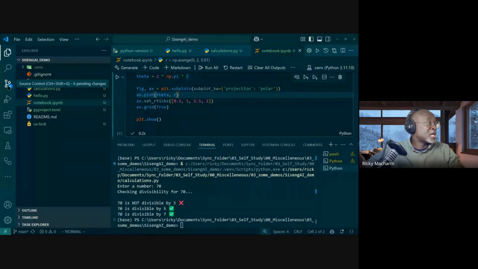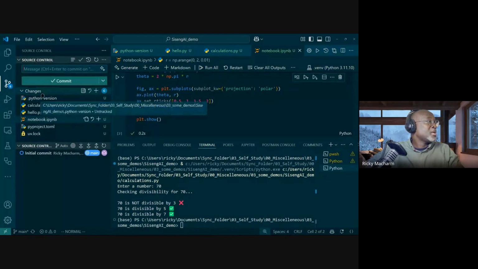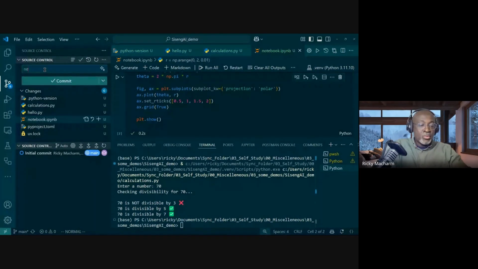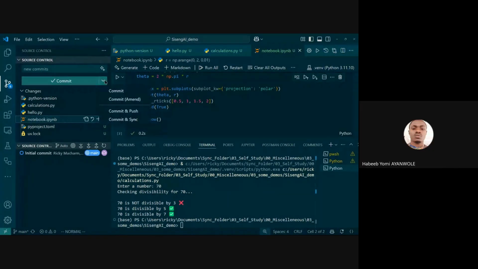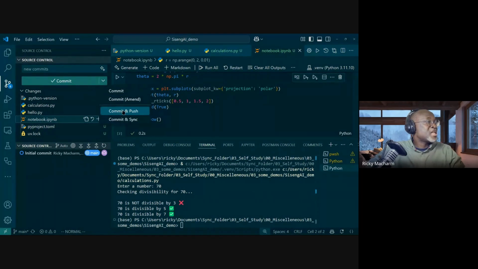So I want to do that. So I'll come here. The changes are here. I will commit. I can call it whatever I want, just to track a new commit. If I want, I'll click this one by one, or I'll come here and say commit and push. This one will just do it one time. If I only click on here, I have to do it twice. But here, if I do commit and push,